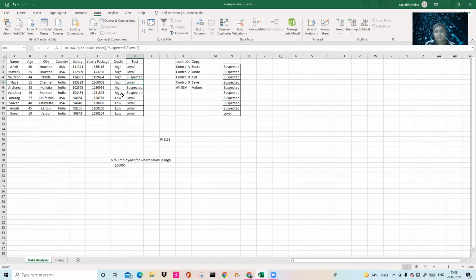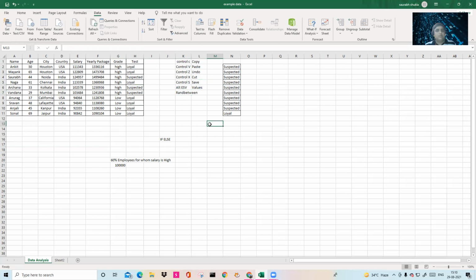Trust me, wherever you go, Excel will help you, and this IF ELSE condition is the base of any kind of data analysis, any kind of coding. Do not jump into coding first. First understand this IF ELSE condition and why we are applying it here. AND and OR conditions are very important. I have kept both of them here. So open a new Excel, create some data with RANDBETWEEN. I also write RANDBETWEEN here.